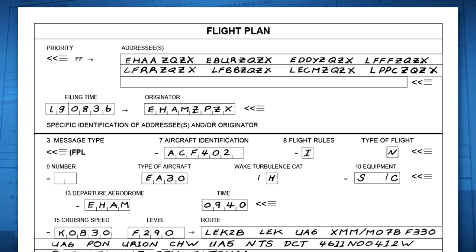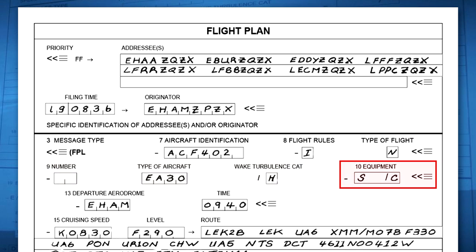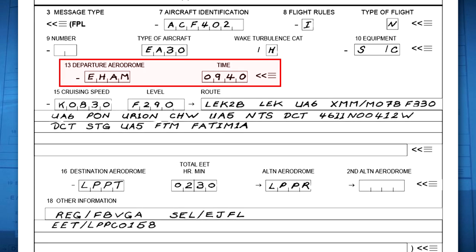A flight plan is to contain the following as considered relevant by the appropriate ATS: aircraft identification, flight rules and type of flight, number and type of aircraft and wake turbulence category, equipment, departure aerodrome and estimated off-blocks time, EOBT, for a flight plan submitted in the air. These items should be a place where the ATSU can obtain more information about the flight, and the time should be the first time an air traffic control or advisory service is required.